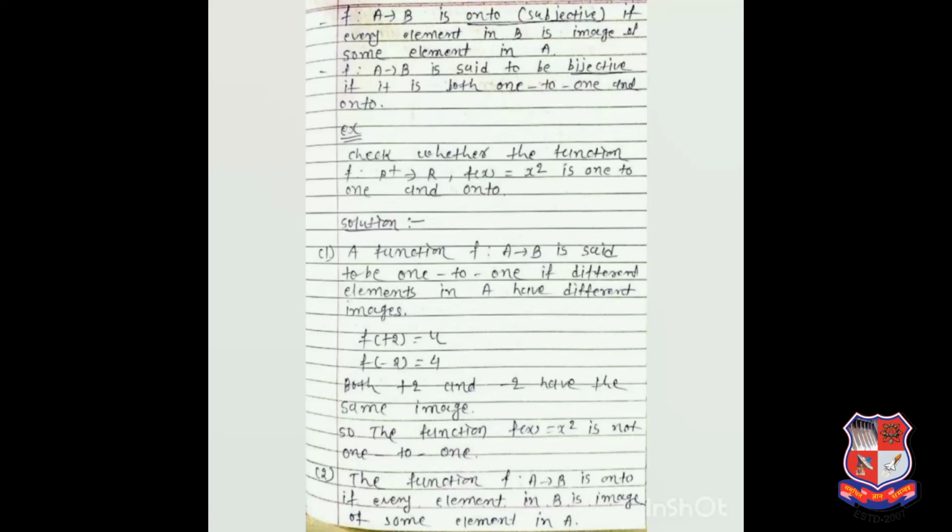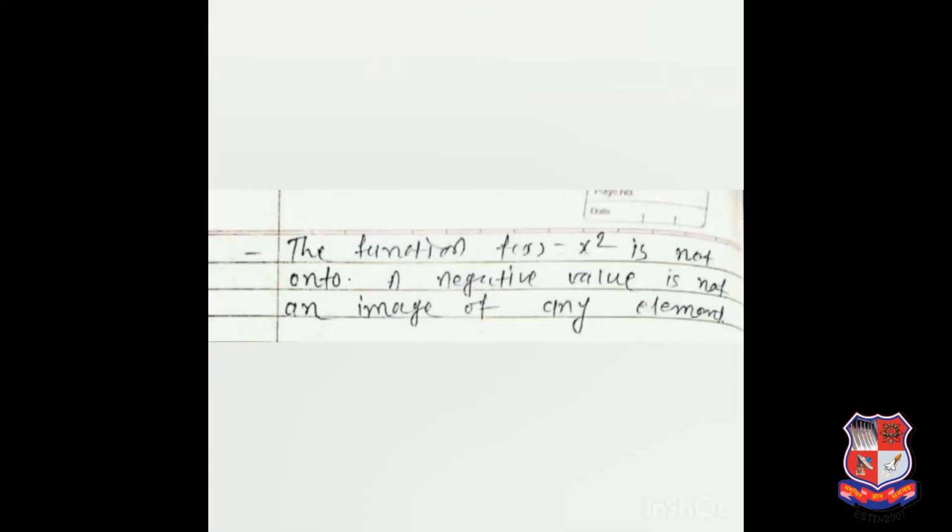Now we will check for onto. If you see the codomain here is R, in the codomain the positive values are also there, the negative values are also there, that means both the values will be there, but negative values can never be an image of the square of any number, that means it is not an onto function. Okay, so in this way you have to check whether your function is one-to-one or onto or both, and from this you can see if your range is equal to codomain, that means your function is onto. Okay, hope this is clear to you.